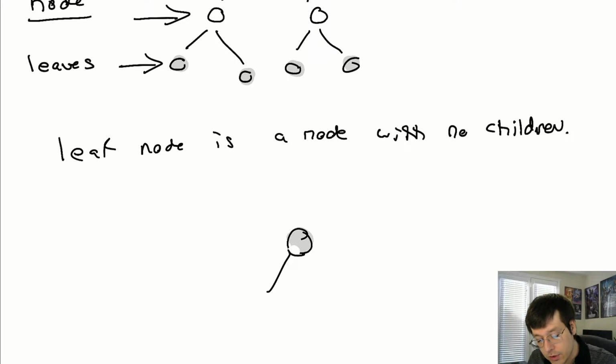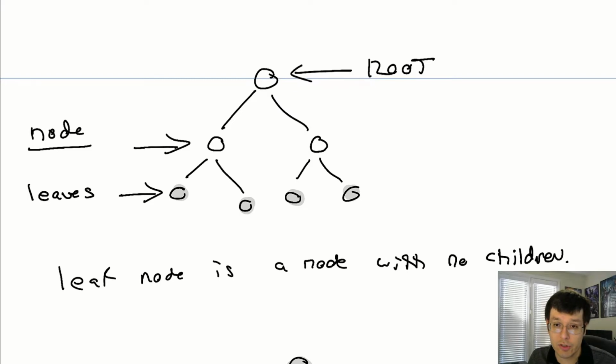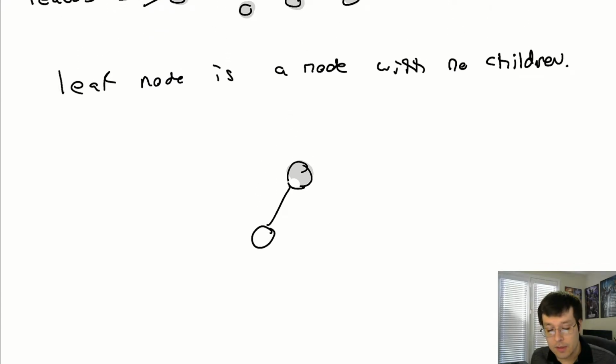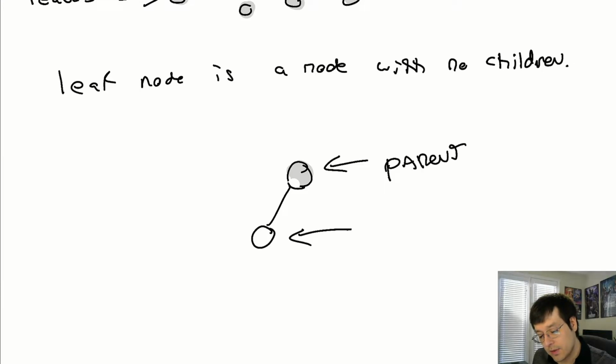But let's say it has one child. The way you know the child is, you don't have to put arrows, though sometimes you'll see them with arrows, you put it at the bottom. We typically draw trees in this direction, from root to leaf, from top to bottom. Don't go hardcore on the TA and flip it upside down on the test. The TA will get confused and give you a bad grade. So let's just agree to that consensus for now. So this node is now considered to be a parent because it has a kid, and this is considered to be the child. If we have two nodes like this, we have a parent node and a child node.